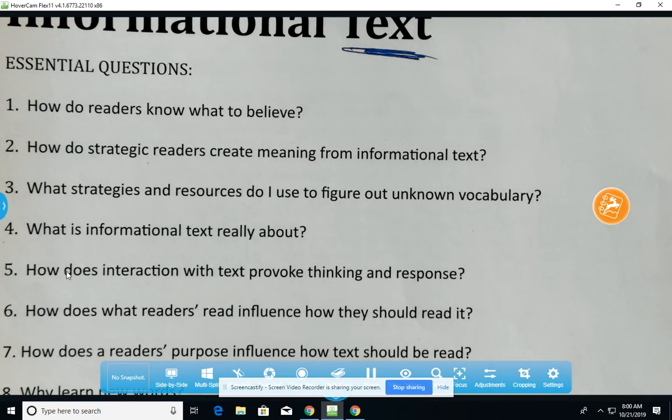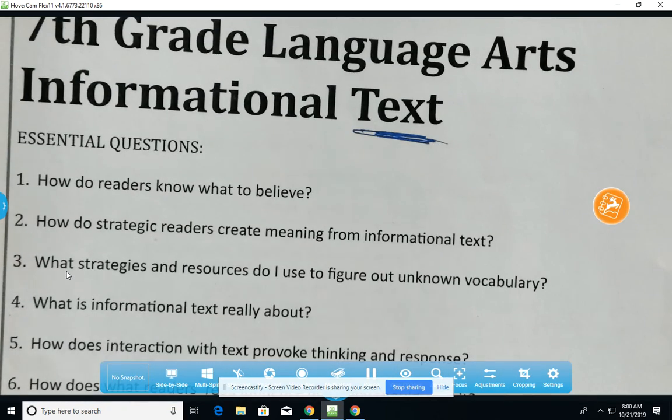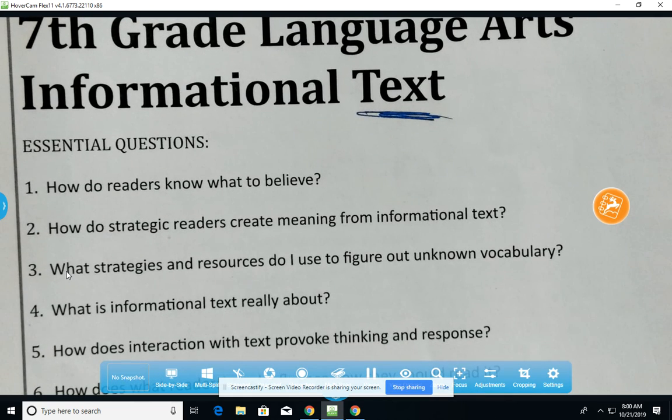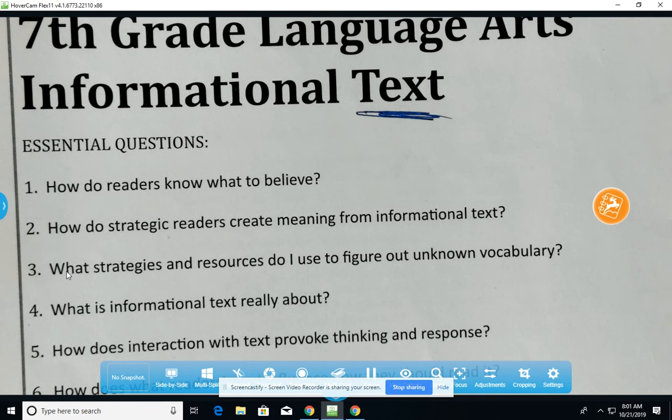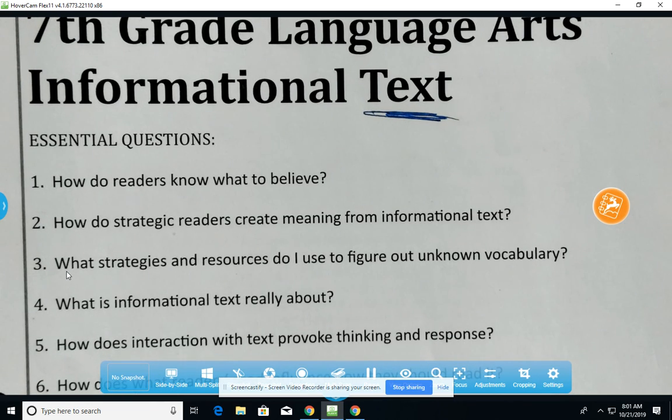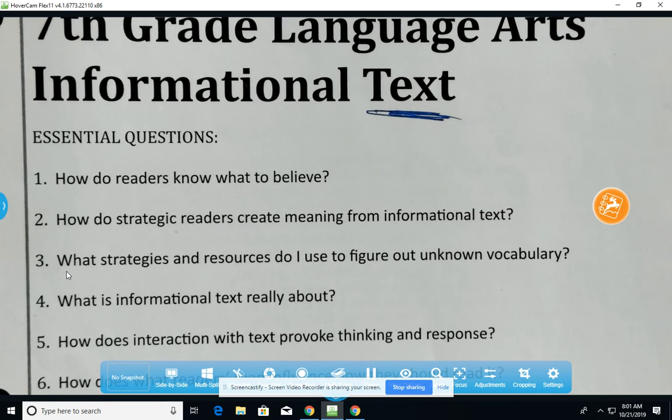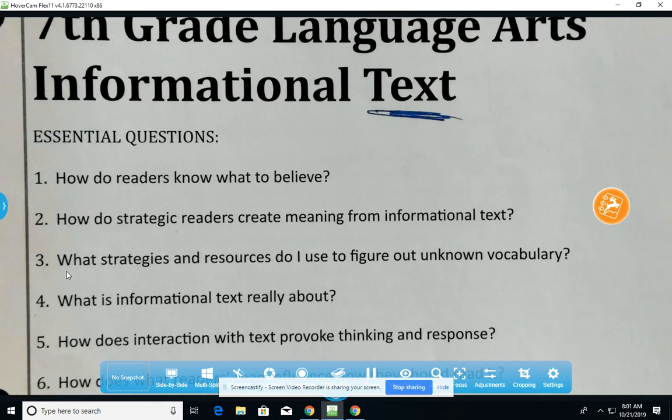Today we're back for our last practice of close reading for informational text before your unit assessment. Remember, the unit assessment will be the final grade on the 9 weeks. It will be taking place on Wednesday of this week. So for this last practice with close reading of informational text, we're focusing on the following